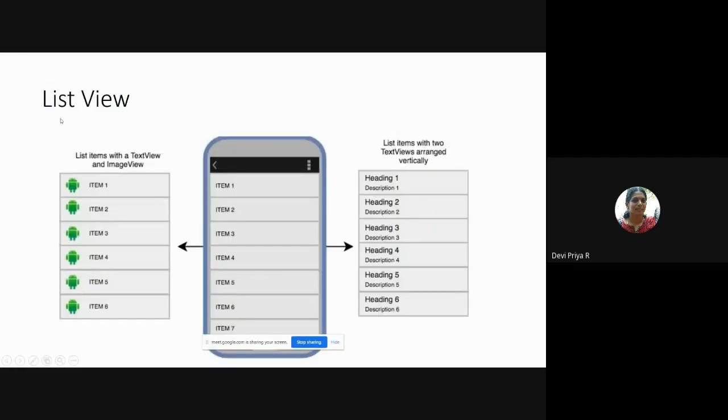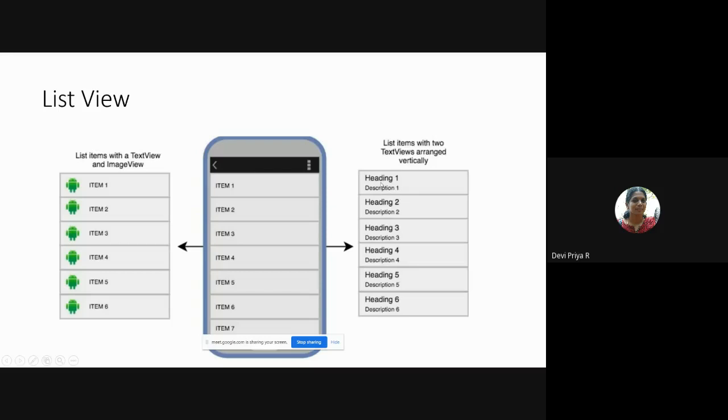And this is another important view, list view. Suppose if you want to have the items listed one by one, you can have that, and in this list item, you can have a text view and also an image. That means your normal text, item 1, item 2, item 3. For example, if you're listing the departments in your college, so computer science, IT, mechanical, ECE, likewise, all those text can be given, and also images can be given.